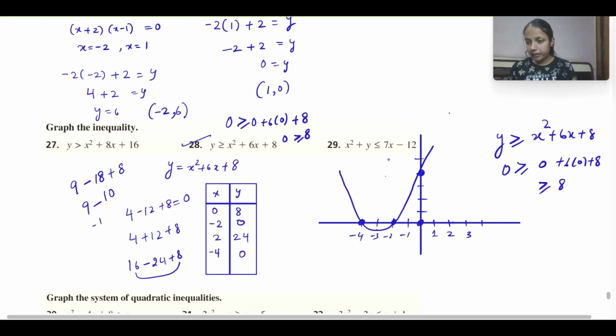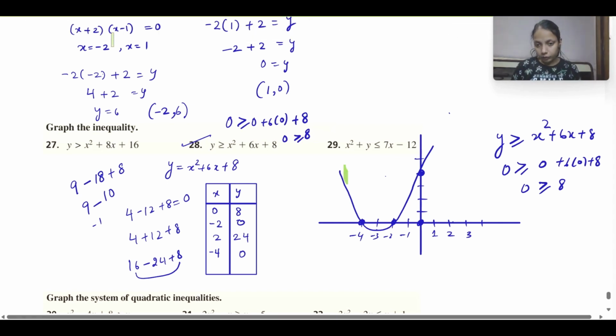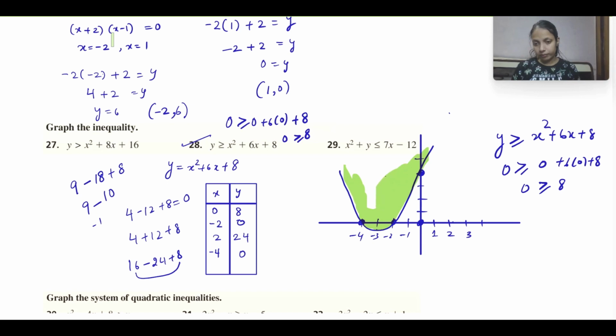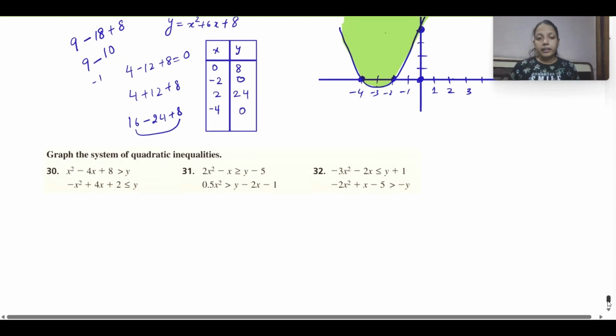I got 8 here and 0. Is it possible that 0 is greater than or equal to 8? No. So I will not shade the outside part. I have to shade the inside part. So this inside area is our required answer. Okay, this question is done. Next is for yourself. You can try that. And the next is